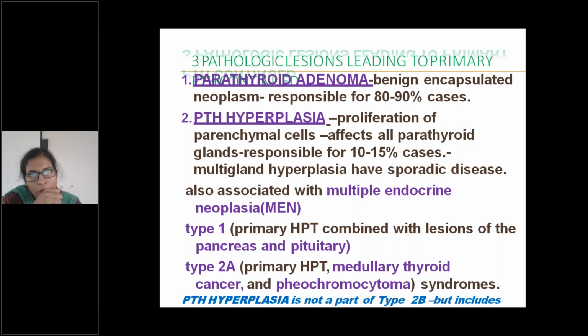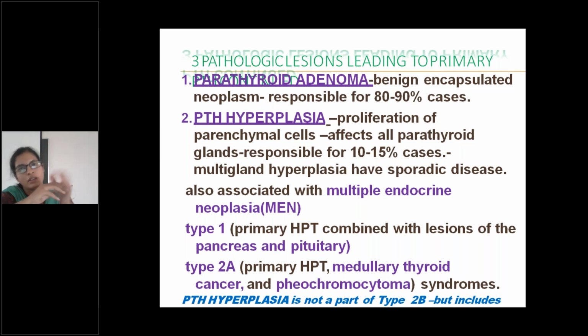So we have to maintain the normal condition, which means we remove the glands, and 1/4 of a gland is implanted in the forearm, the radial forearm muscles. For the brachioradialis muscle, we give an incision and keep a pocket in the brachioradialis muscle, and implant this parathyroid here. Or in the sternocleidomastoid. We have to mark it with a non-absorbable clip or suture material for easy identification.